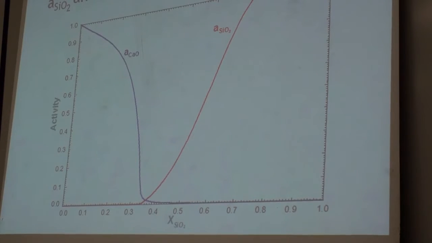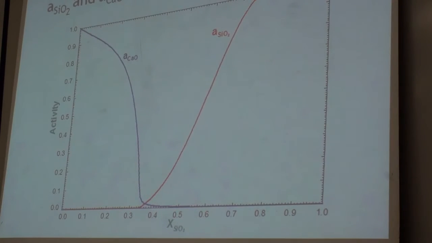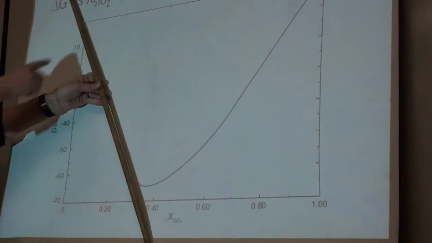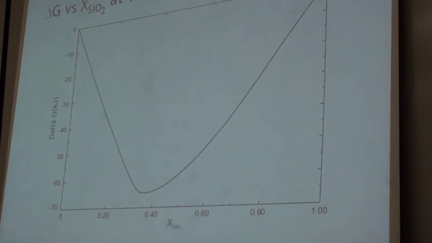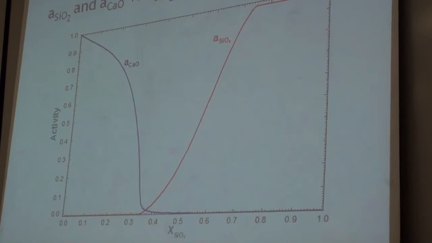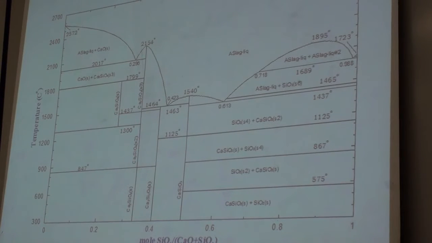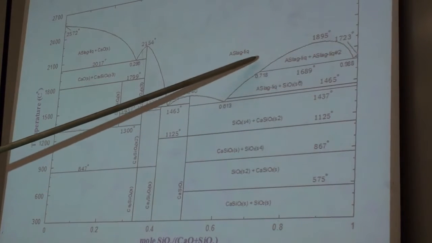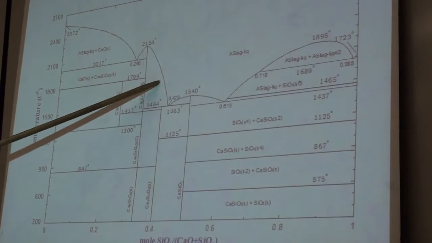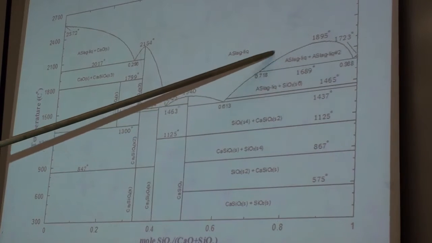Activities, of course, drop like crazy. The activity of calcium oxide, which is the intercept over here, stays almost constant and then just drops down to an extremely small value. So you tend to have that type of activity curve. And over here you have a miscibility gap, which is due to the fact that here you have this more or less ionic liquid, and over here you have this very covalent network liquid, and they just don't really want